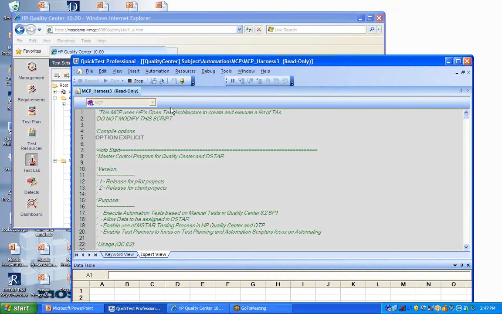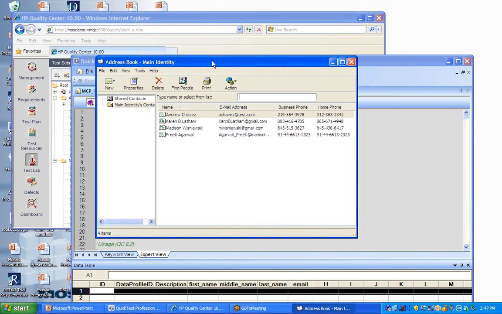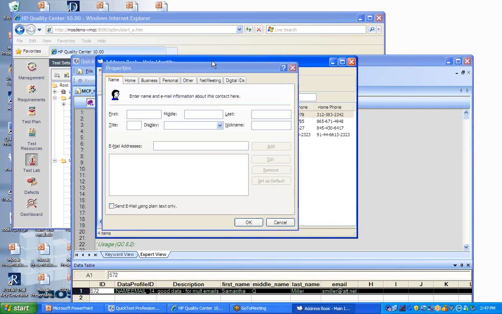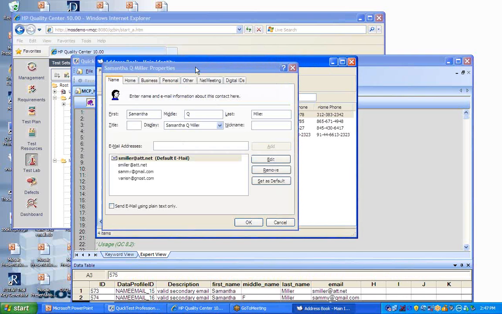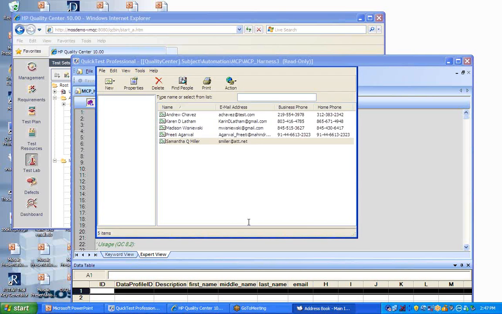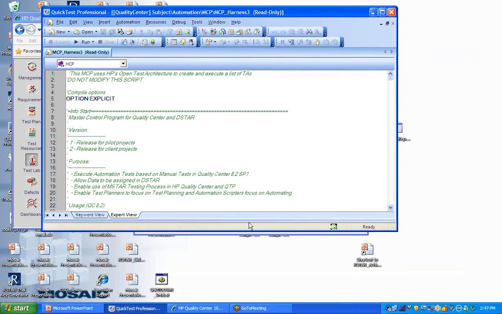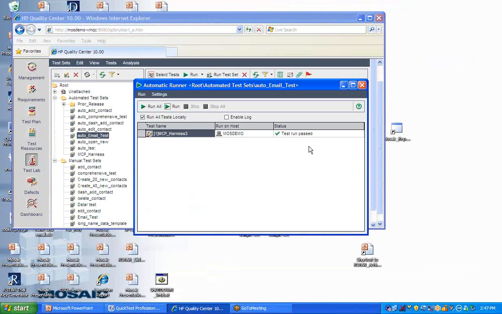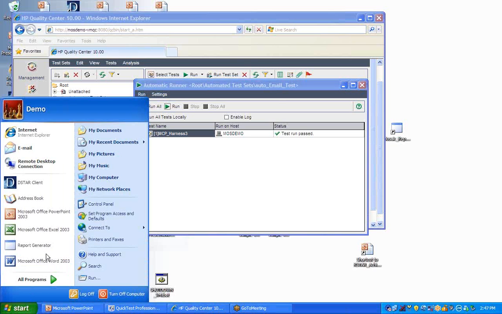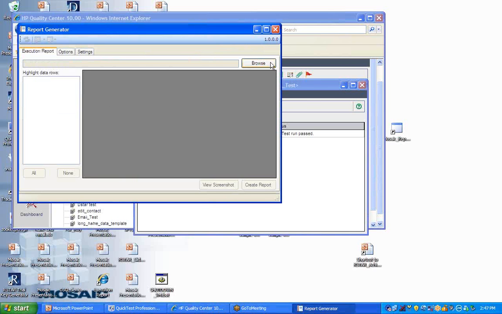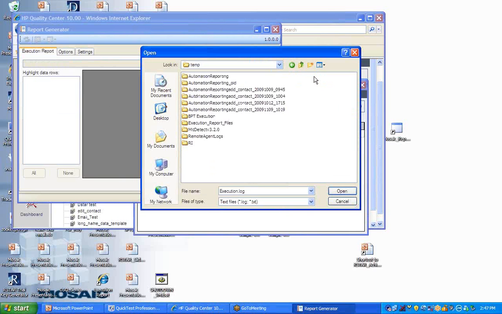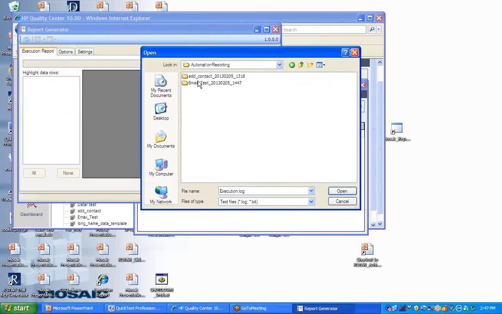But now that same MCP is going to execute this altered sequence of executions where now I'm entering Samantha, and you can see I'm actually entering multiple emails and then going ahead and completing it and exiting. And again, we can see that that executed successfully, so my new functionality is working. And similarly, as we did before, I could go into the report generator, and in this case, here's my email test,